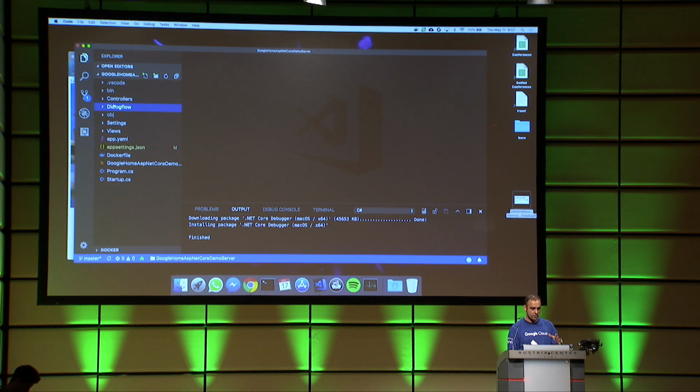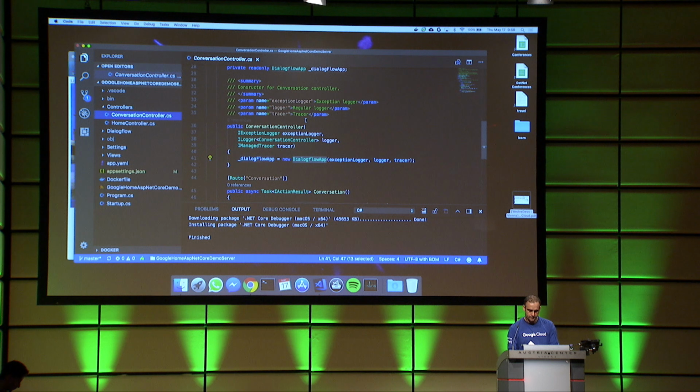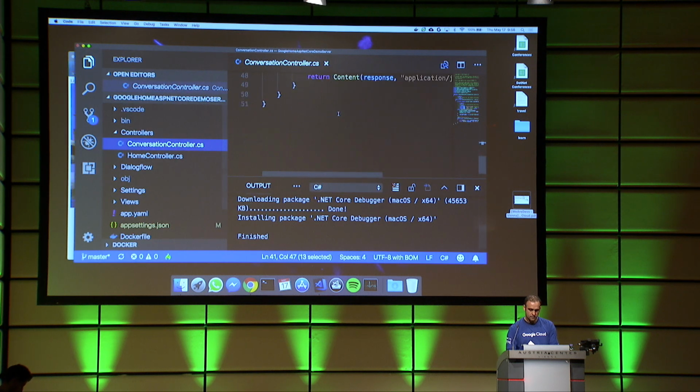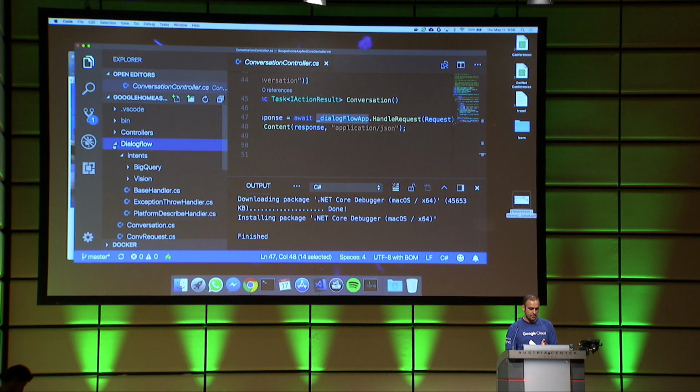So this is my code that's on GitHub that you can take a look. I have a controller. This conversation controller is the main controller that will take the request. And let me make this a little bit bigger. But basically, once a request comes in, it calls the Dialogflow app to handle the requests. And this Dialogflow app under here,